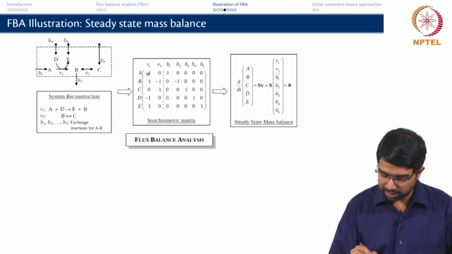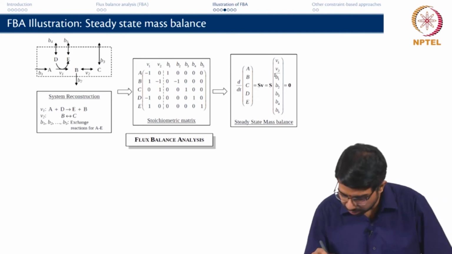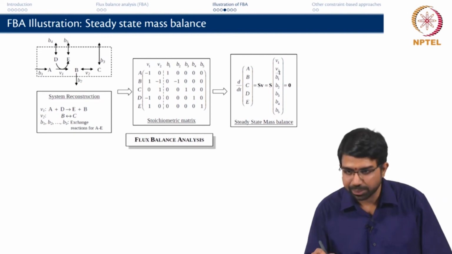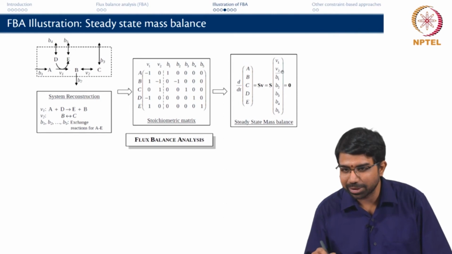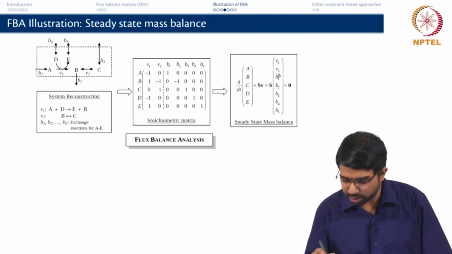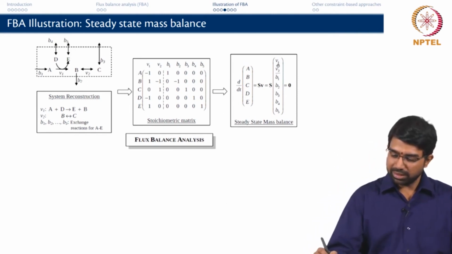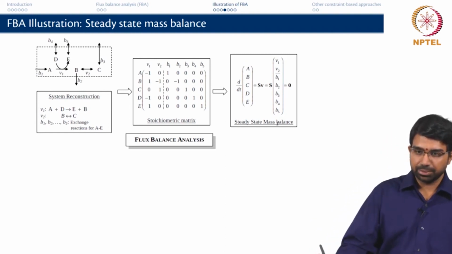I am essentially doing this matrix multiplication, and note that this is just a partition. I am trying to show it might seem like a divided by or something, but it is a partition to show that there are some internal fluxes and there are some exchange fluxes in the same vector,